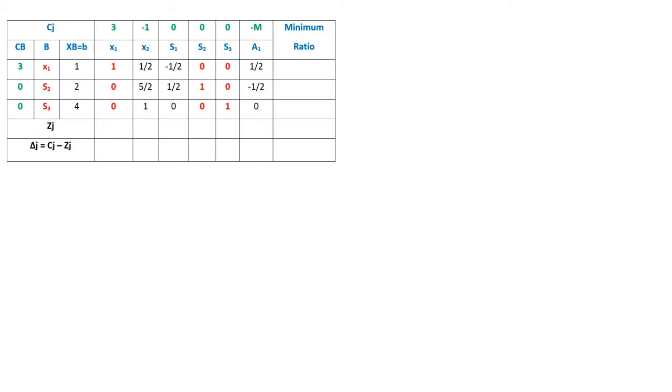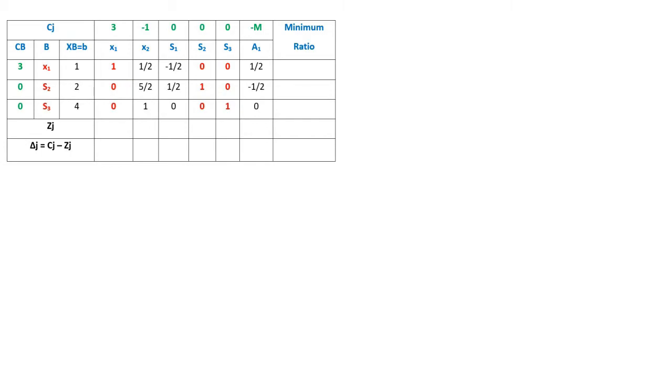So in the same sequence you have to put the variables in the basis column, that is x1, s2 and s3. Now after adding the variables in the basis column, we have to write down the CB values, that is the cost of basis variable. You will get that from the Cj row: x1 cost is 3, s2 cost is 0 and s3 cost is 0.